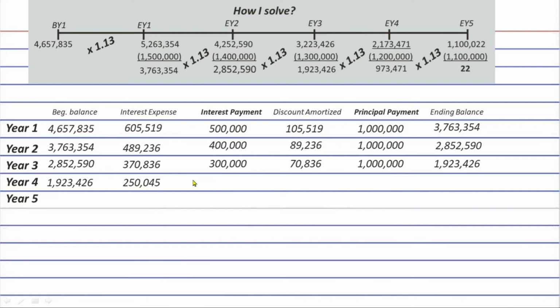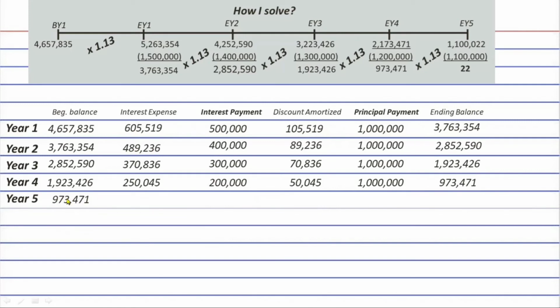250,045. And then, we have for this column, 2 million outstanding balance times 10% nominal rate, and we will get 200,000. So, the discount amortized is the difference of these two, and we will have 50,046. And then, the ending balance will be 1,923,426 plus 50,045 minus 1 million, and we will have 973,471. And for the year 5,